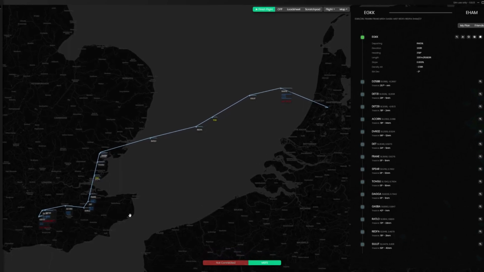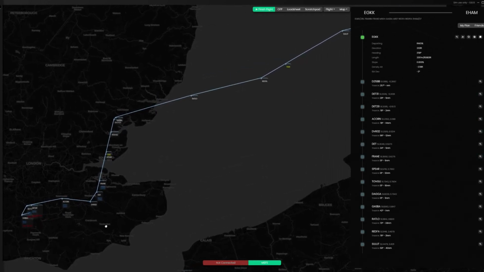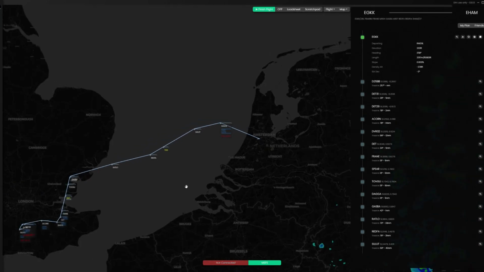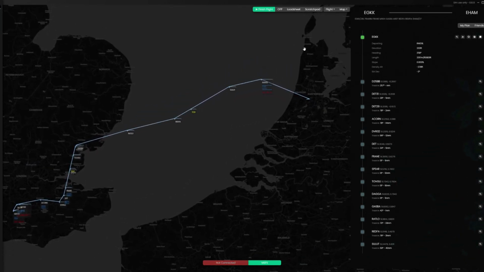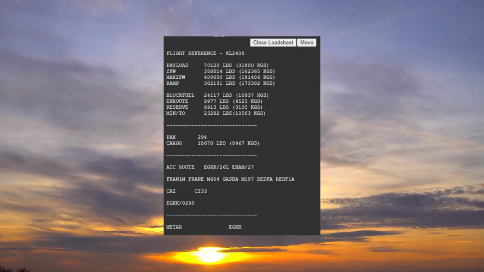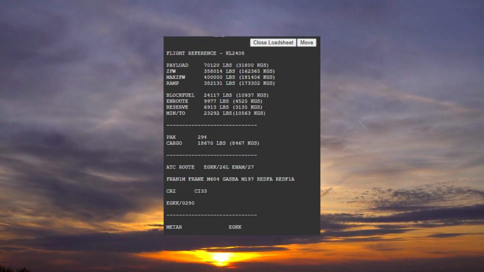Now this part is not mandatory at all. As you can see, I'm using Sim Toolkit Pro to do all my flight planning, and the main reason I use it is, A, because it shows my route nice and neat here with all the waypoints, and it has the load sheet up top. Another reason is because as a streamer, I use its feature to show all the data up top in my streams. But for you guys, you don't need to do this, but you can if you want. I find using the load sheet feature, clicking populate load sheet, it brings up a version of the window that can then be shown in the sim. You can't see it here, but if you open the sim, you will see it,